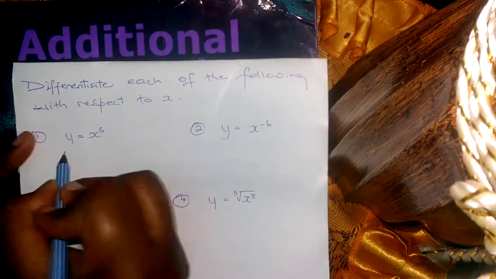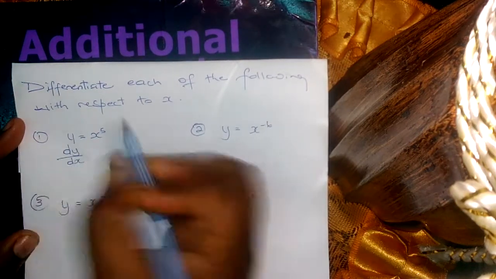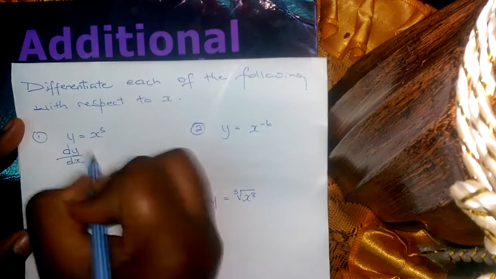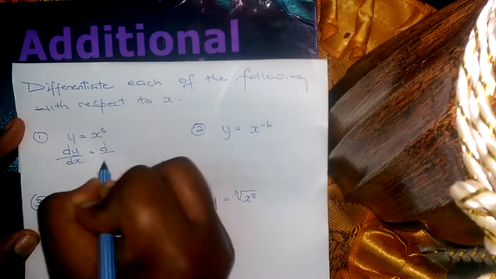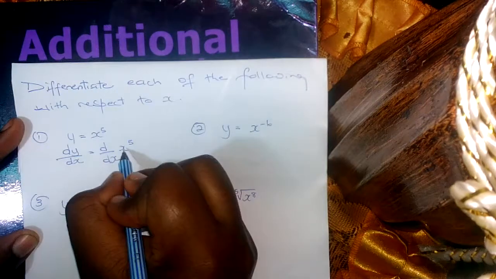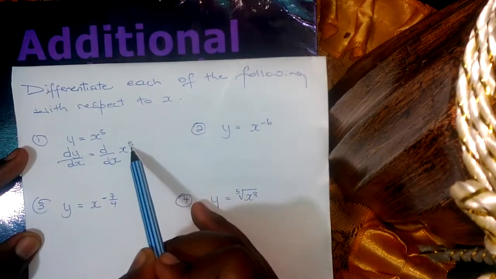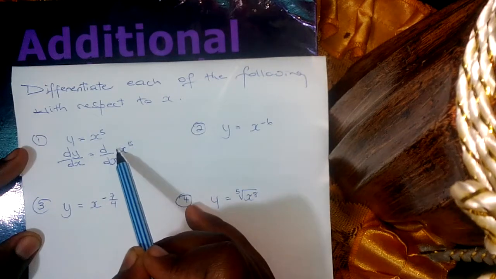So the first thing I'm going to do is dy over dx. So I add d over dx to the y and d over dx to x to the 5. Alright, when you're differentiating, whatever the power is, it is going to multiply the coefficients